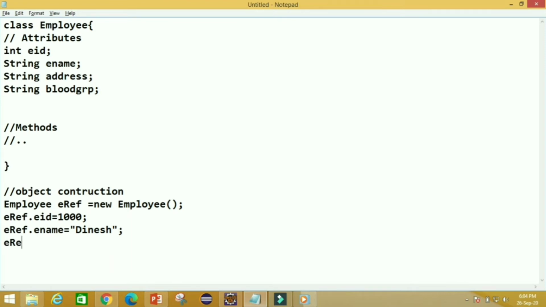Similarly, we have the address, and it is Gurgaon, and we have the reference blood group, and this is AB positive.